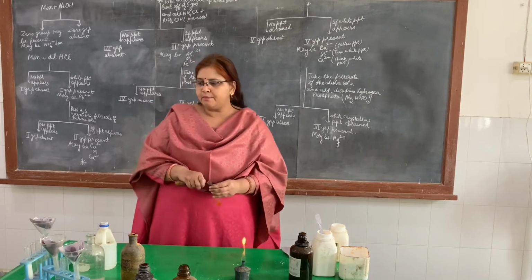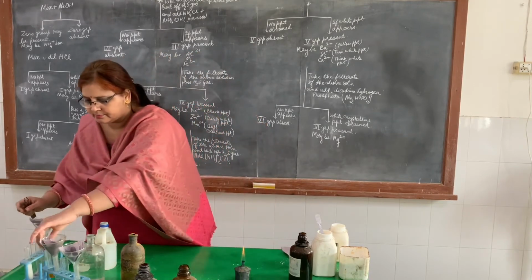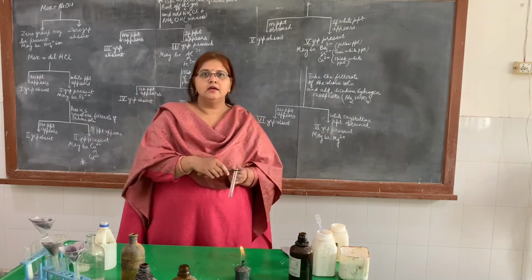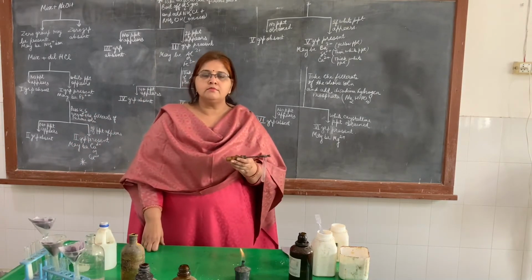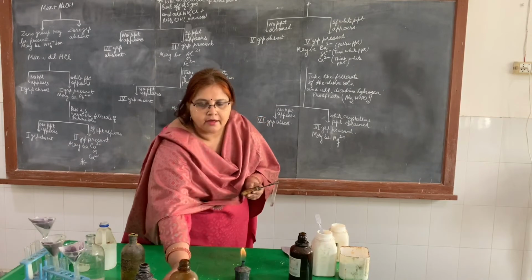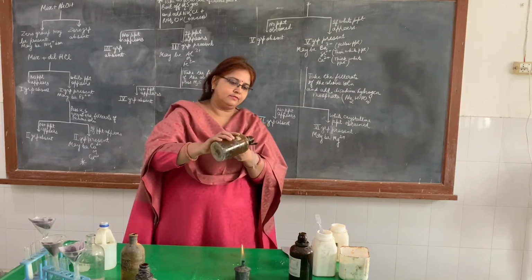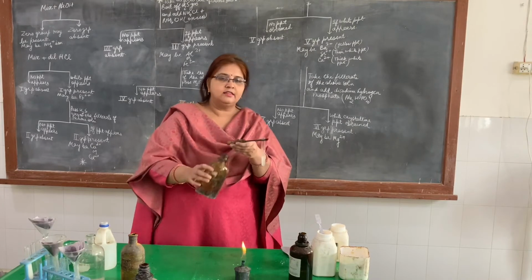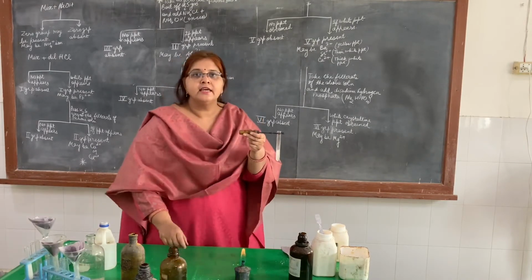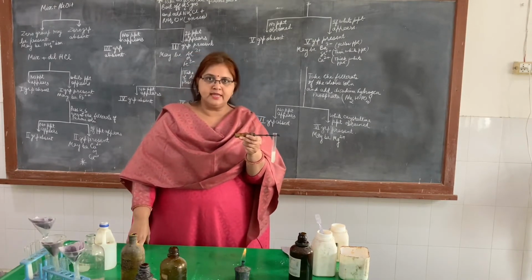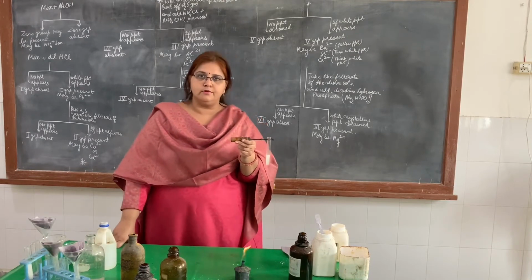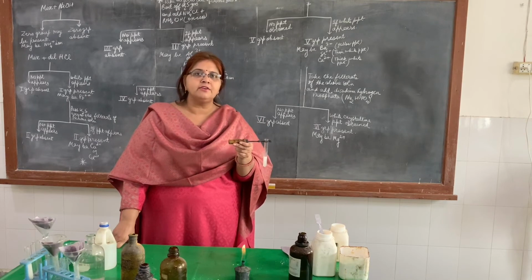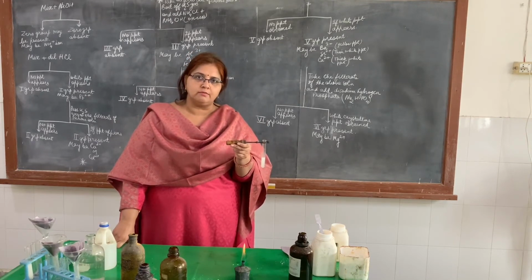To the second part, add ammonium sulfate. When we add ammonium sulfate, see, a thin white precipitate is obtained. This means strontium is confirmed. When strontium is confirmed, we will not do the confirmatory test or any test for calcium,